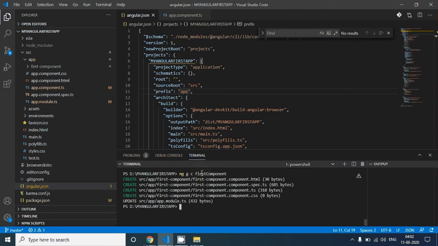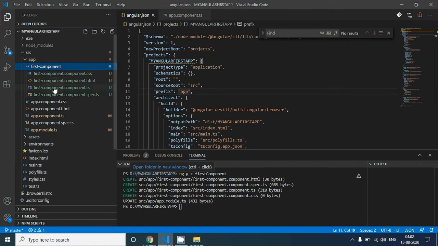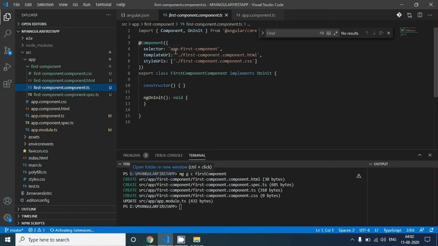We will learn in great detail in our upcoming video. So you can see it has created a component, and it created a folder, first component, and if you open this TS file, you will see app-first-component. See, this is the prefix which is added.